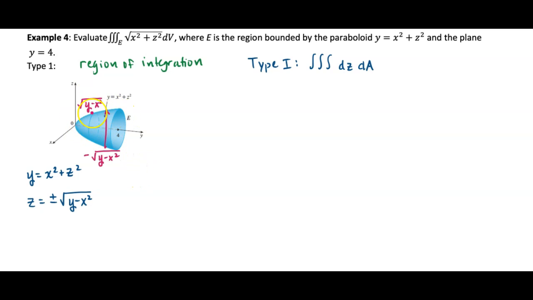So this is that positive, and this is that negative. So these are my z bounds. So z is going to go from negative root y minus x squared to positive root y minus x squared. All right, so I've got my dz. Now for my dy or dx,